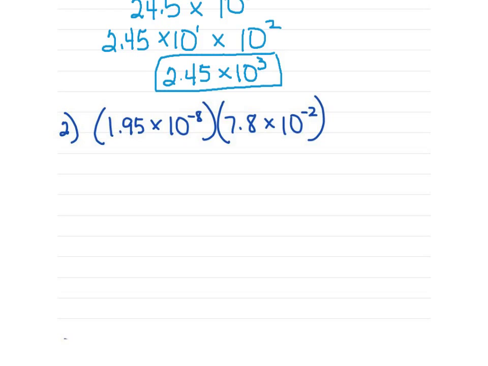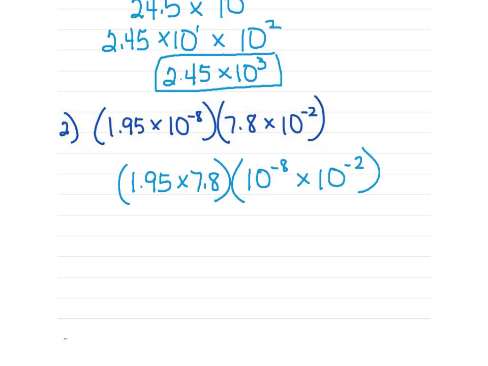Try number 2 on your own. Okay, let me go over this one step by step with you. We will first multiply the a's, 1.95 times 7.8, and we'll use associative property then to also group the powers of 10. 10 to the negative 8th power times 10 to the negative 2 power. So let's go ahead and multiply. 1.95 times 7.8 is 15.21 times 10 to the negative 8th power times 10 to the negative 2 power is 10 to the negative 10